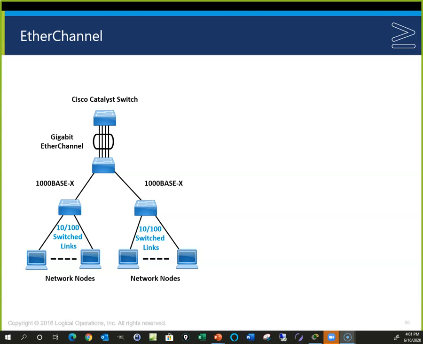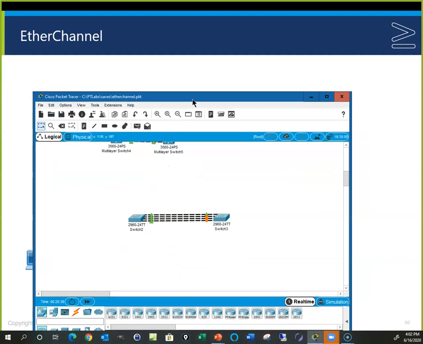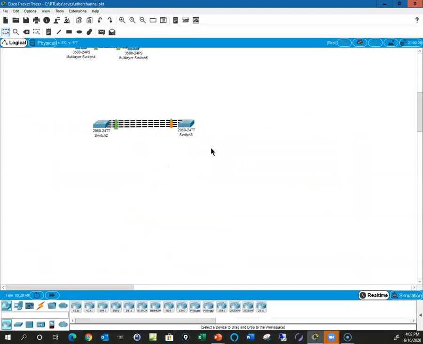The next topic, this is not going to really take a lot of time, is EtherChannel. And EtherChannel is kind of a cool thing. What we're going to do is bond or bind interfaces together to make them high-speed interfaces. And I think probably what I want to do is just start out with the demo and then do the slides. There aren't that many slides here, but connecting two switches together, and we've been looking at spanning tree,